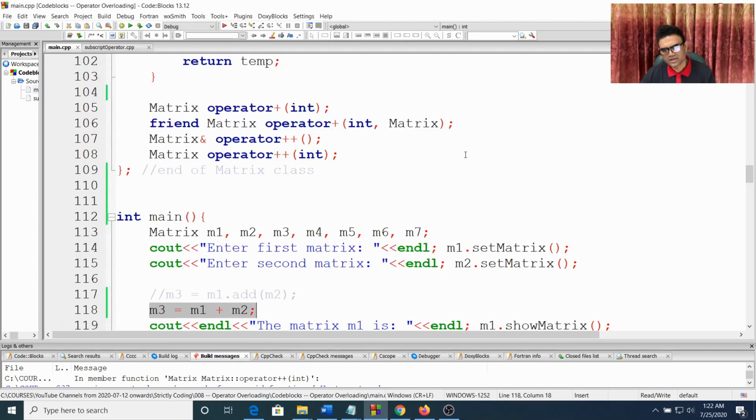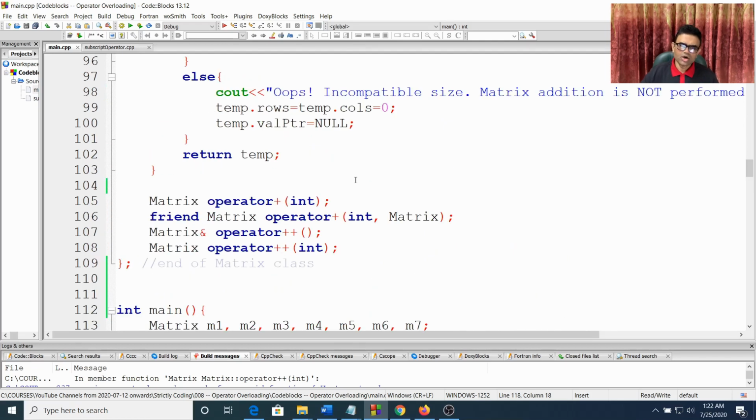So that is the basic of operator overloading. When we want to overload an operator, we actually have to add an operator function. Can we overload all operators? We can overload most of the operators. We actually cannot overload a few operators, 7 or 8 of them, like sizeof, the scope resolution operator,